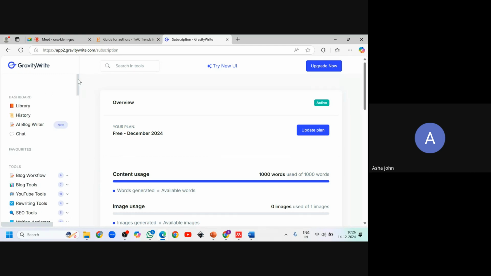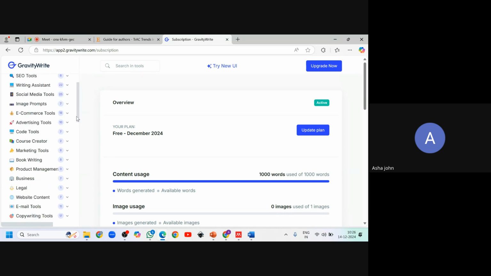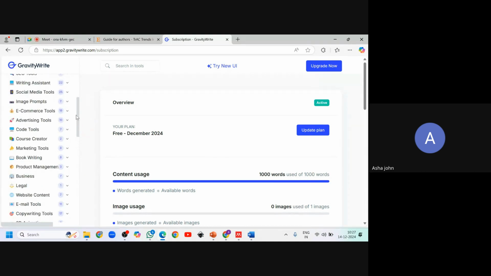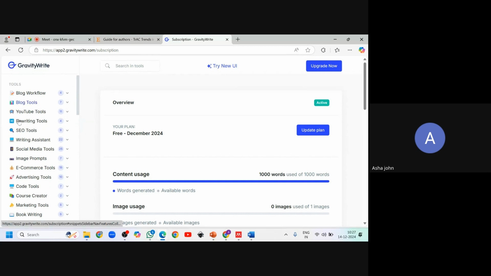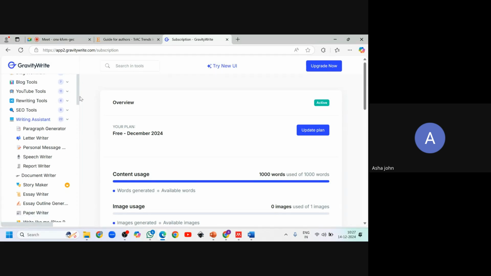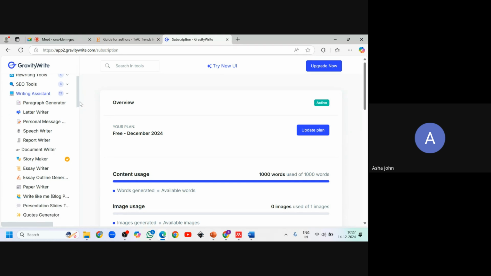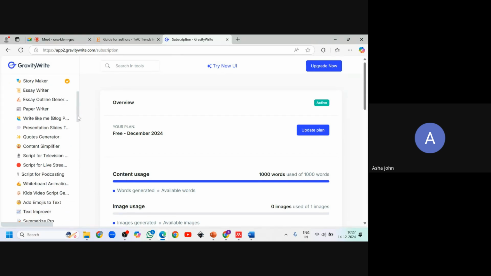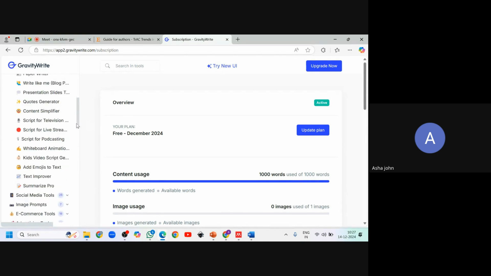Gravity Write is a great platform actually. Let's see what all the functions are. You can see many functions that are available in Gravity Write. For us, the writing assistant is the most important. You have paragraph generator, letter writer, personal message, document writer, story maker, many ways of writing, text improver.